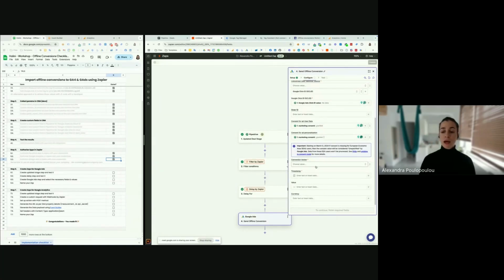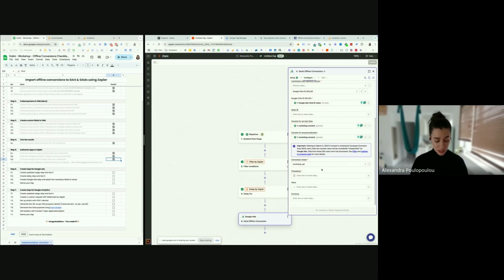Okay, now you need to select your conversion action. I will select the workshop SQL that I have created previously in my Google Ads account, and this will be the conversion that will store the offline conversions for the SQL phase that we are doing.